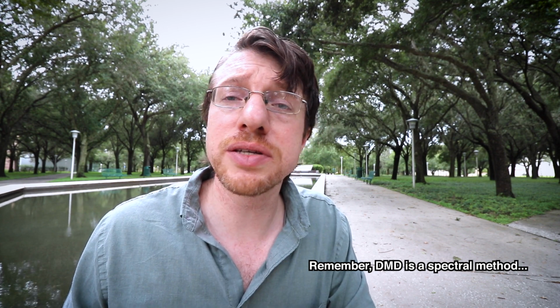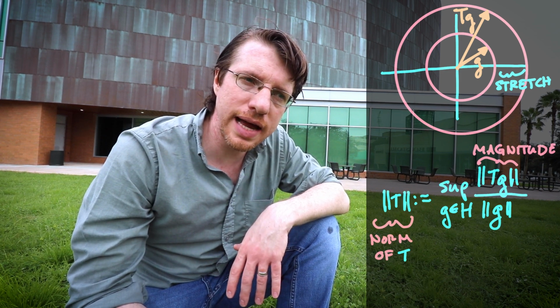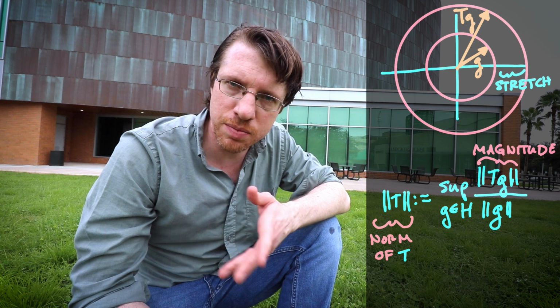And what we're going to be turning to is the norm topology for bounded operators. But before we can talk about norm topology, we have to actually talk about the norm. So what is a norm exactly? A norm for an operator, say T, is a limit on how much that operator is going to be stretching an observable, or a member of your Hilbert space. You can define exactly what this needs to be by taking a look at T operating on some arbitrary G